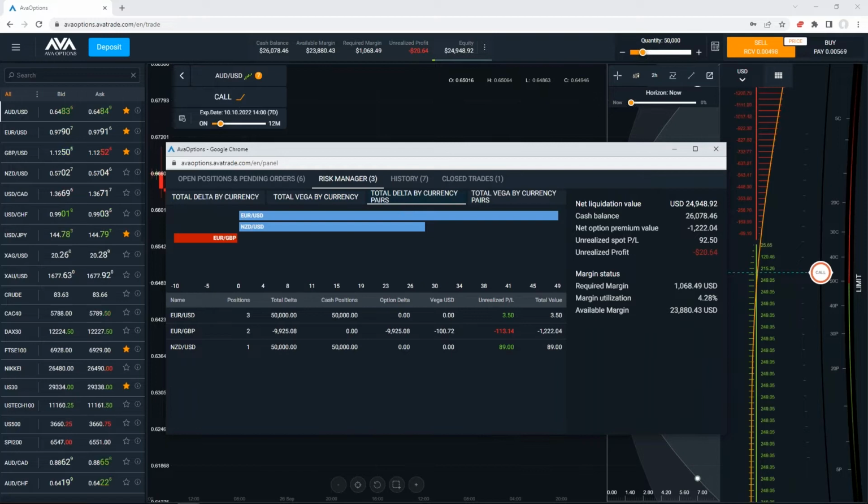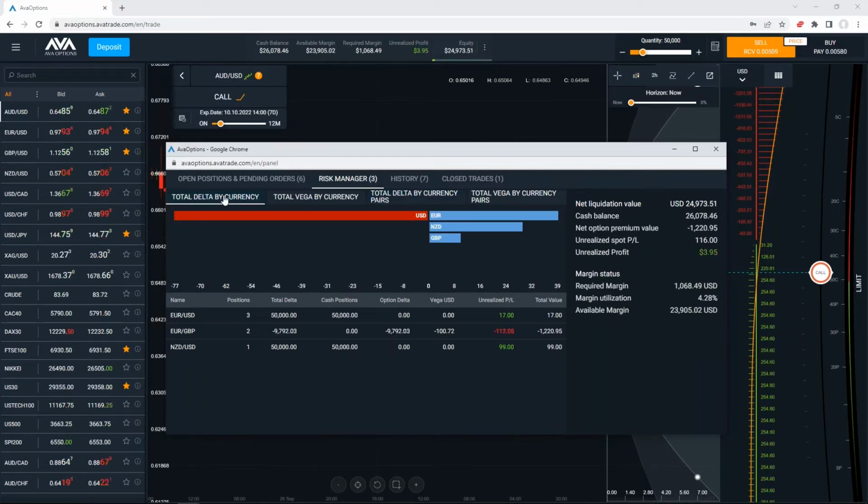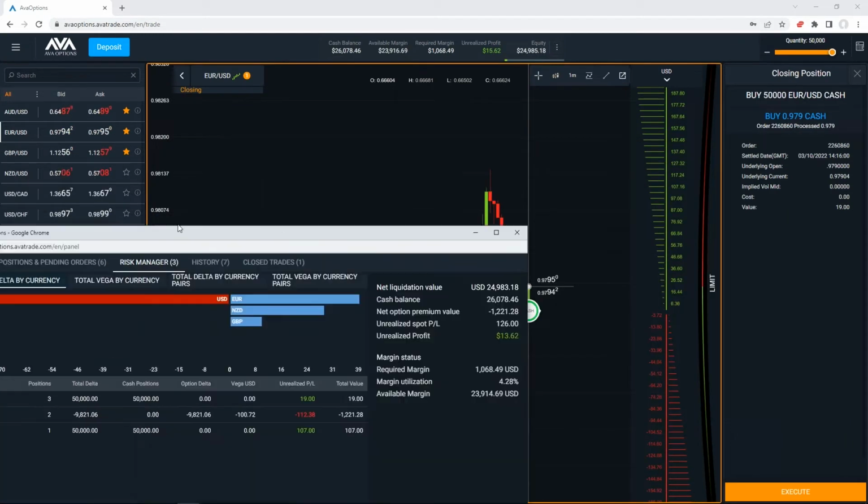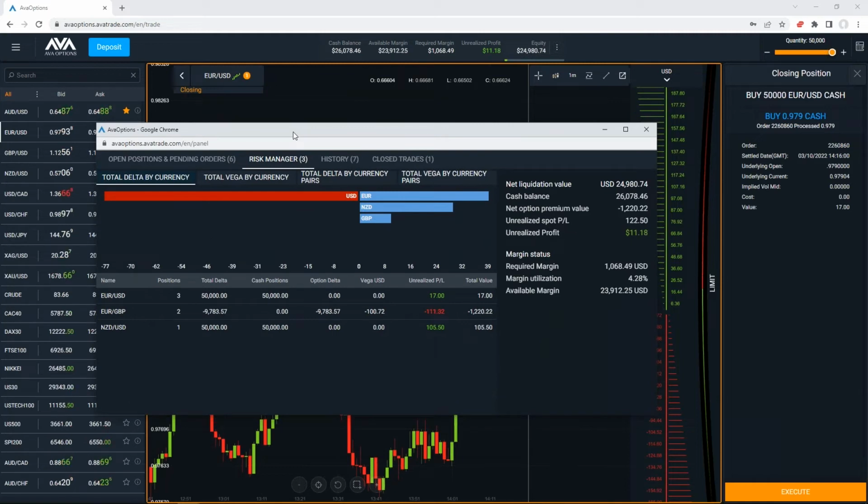Total delta by currency pair. Again, we're long euro dollar, we're long Kiwi dollar, we're short euro sterling. Break it down into the individual currencies and you get that: dollars, euros, Kiwi, etc. If I click on any of these instruments, if I click on Eurodollar, all of our Eurodollar positions will populate in the screen. So all we have is